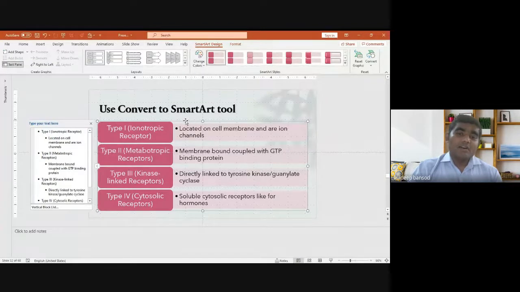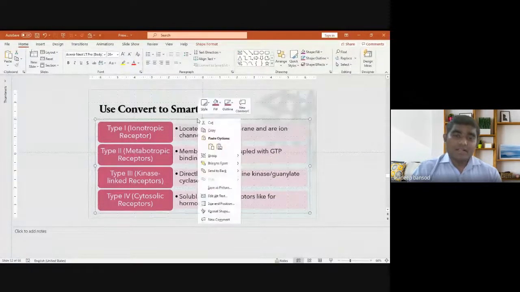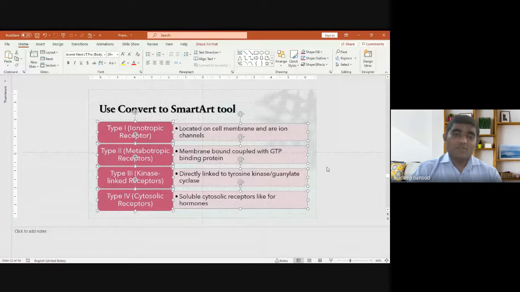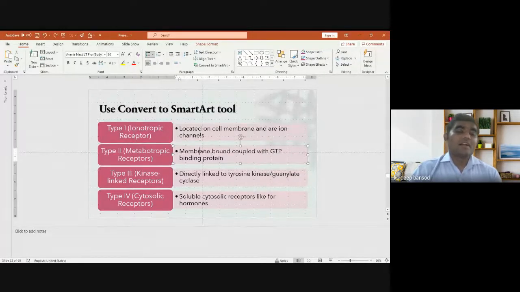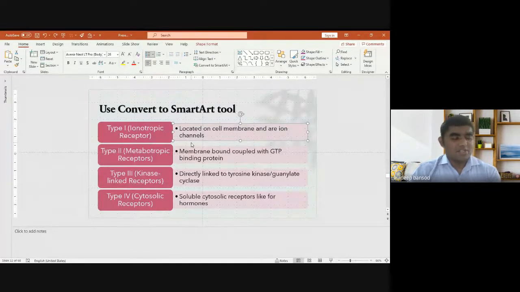If you double click on this, you will get an option on the right hand side, Convert, and convert it to shape. Then right click on it and make it undo. So everything gets distributed. Now it is not one single object, everything has become separate. You can give a different color and different animation to each and every part. So it is possible: within a click, your text gets converted into a beautiful, attractive SmartArt.